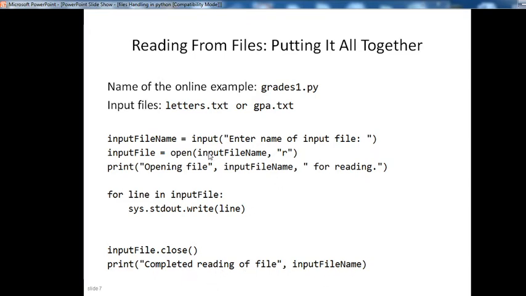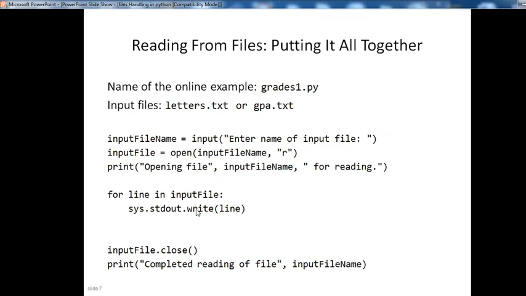Okay, see the example once again. First you define the dynamic file name: input file name equals input, enter name of input file, which means the user can define the input file name at run time. Then input file equals open input file name comma r, then print opening a file input file name for reading.